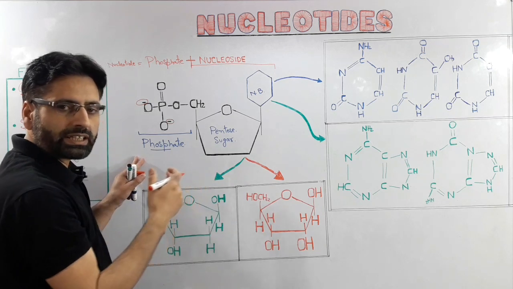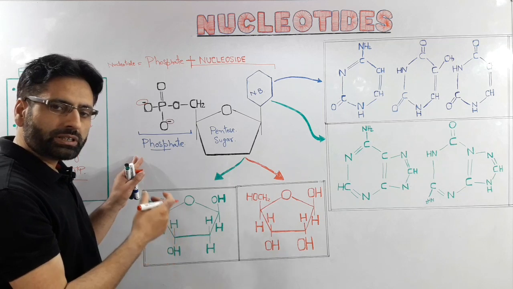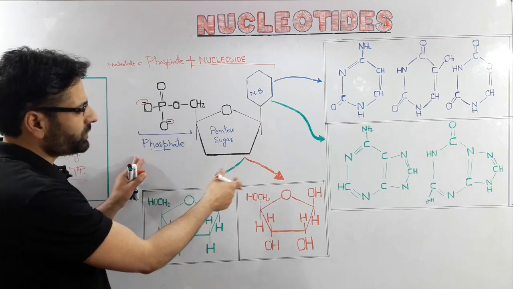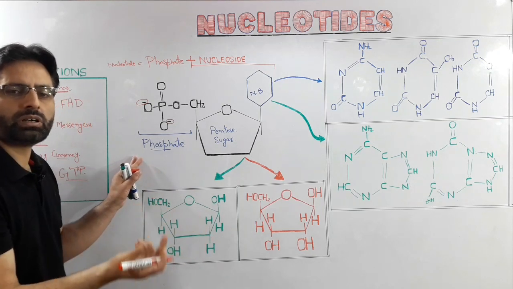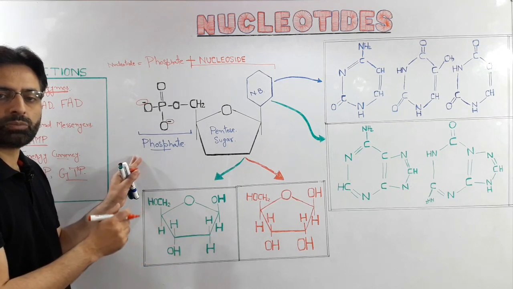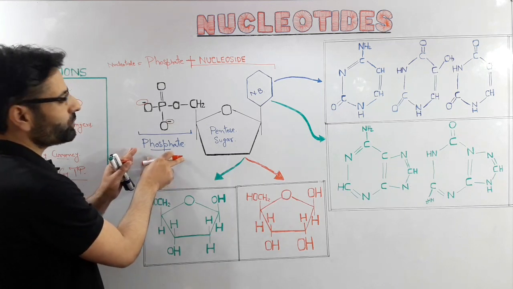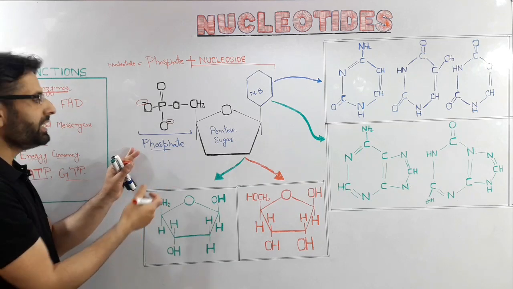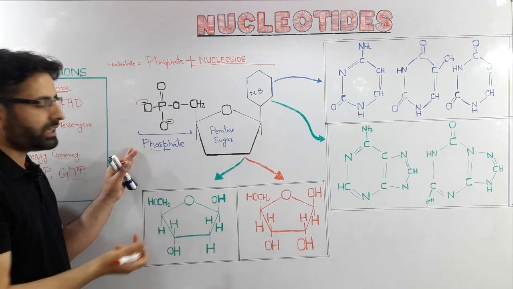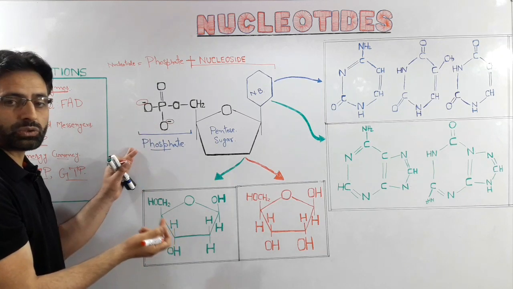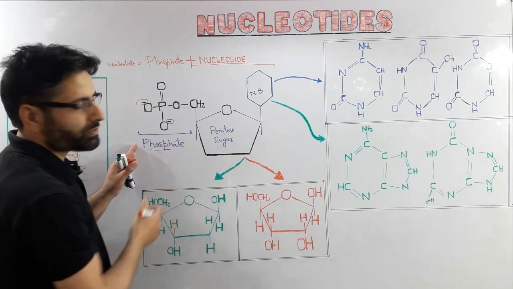This nucleotide has only one phosphate group when it is present in the nucleic acid. This nucleotide, when present in the cytoplasm in the free form, can have either one, or two, or three phosphate groups attached to it. So here in this case we have only one phosphate group. And the second thing is that it gives the overall negative charge to the DNA molecule, and it also imparts the acidic nature to the DNA molecule. So this component is the phosphate.